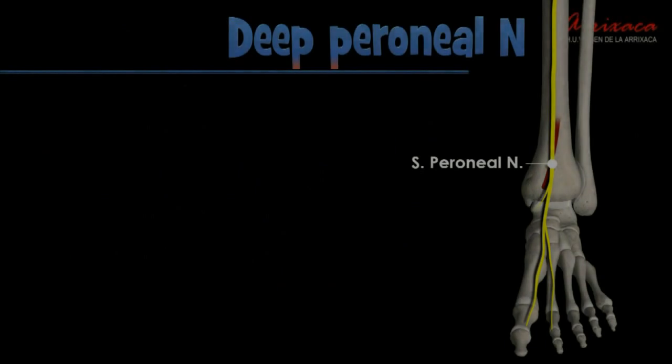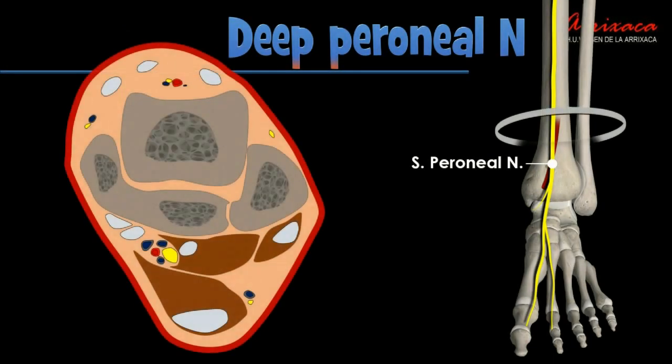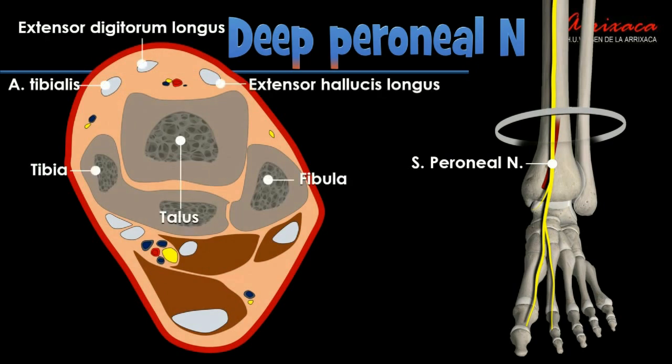The deep peroneal nerve, also known as the deep fibular nerve, arises in the superior lateral aspect of the leg between the peroneus longus muscle and the neck of the fibula. The nerve moves from the lateral compartment to the anterior compartment of the leg. It then follows the course of the anterior tibial artery in an inferomedial direction. The deep peroneal nerve crosses the ankle joint, passing anterior to the distal tibia, and travels deep to the extensor retinaculum. It terminates in the dorsum of the foot.